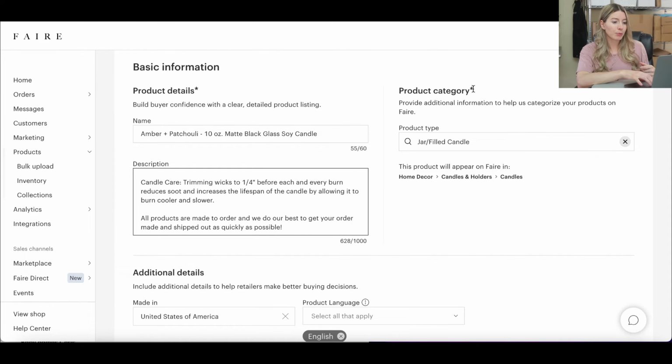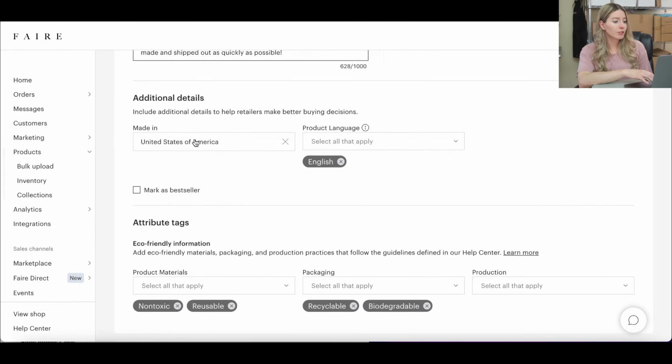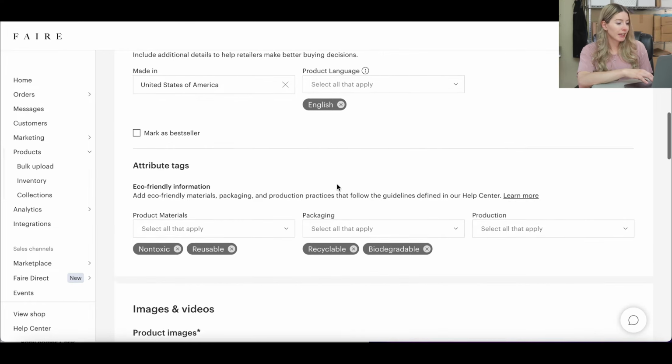So now over here, the product category, it kind of automatically did it for me. So it's a jar/filled candle. It's under home decor, candles and holders, and candles. So that's how the retailers will be able to find you. It's going to be in that category. So additional details: made in the United States, product language is English,